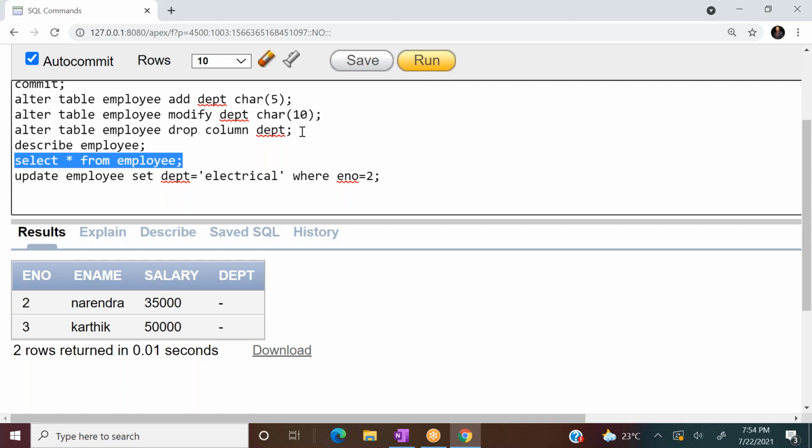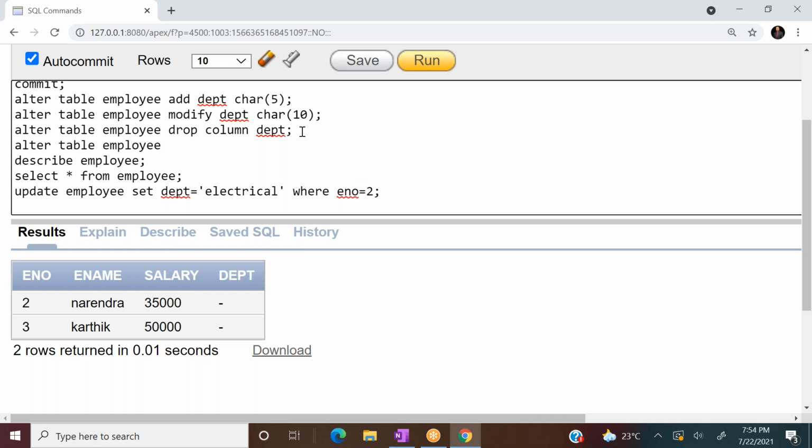Now if I wanted to change the DEPT column to department, some meaningful name, because I wanted a meaningful name, you have to go for renaming. Alter table employee, rename.